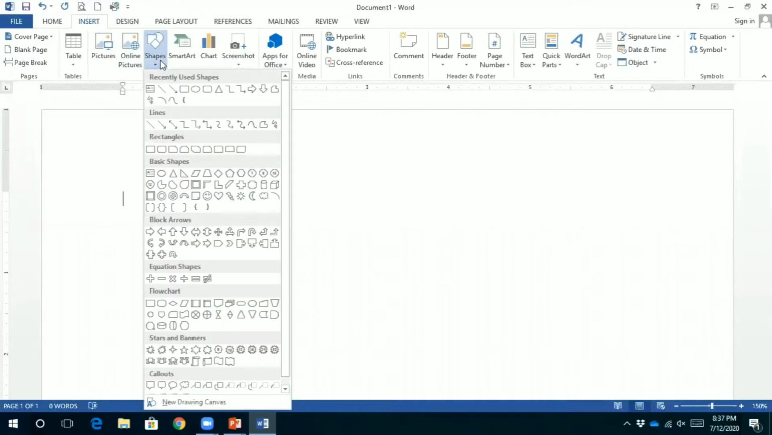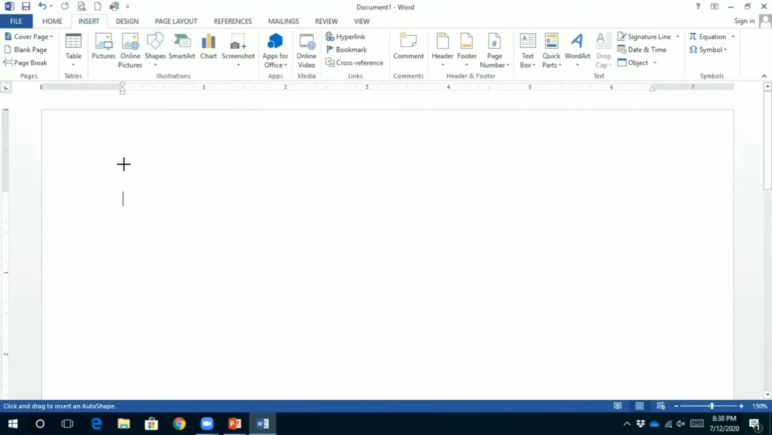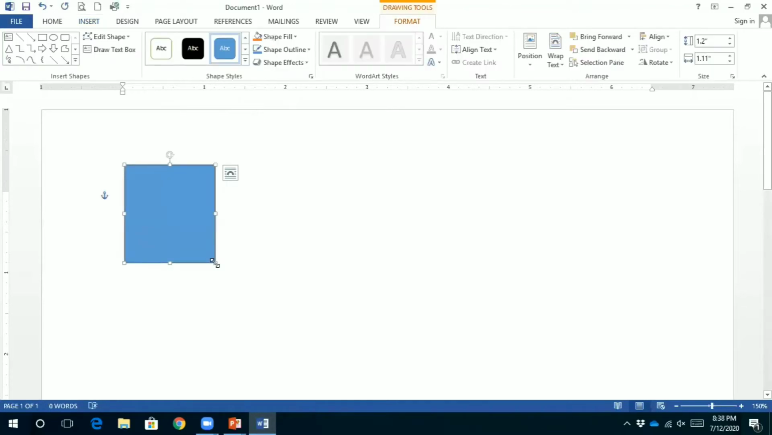You need to click on the Shapes option. There are a number of shapes available under this. Whichever you would like to add, you can click on it. Likewise, you can add that particular shape onto your screen. Now you can see when you add any shape into your sheet, one more tab is available at the end of the tabs,